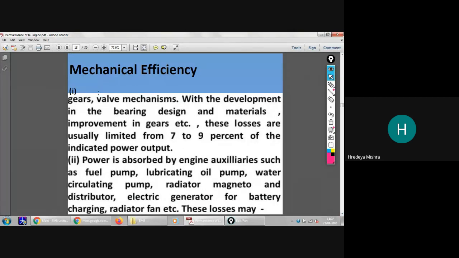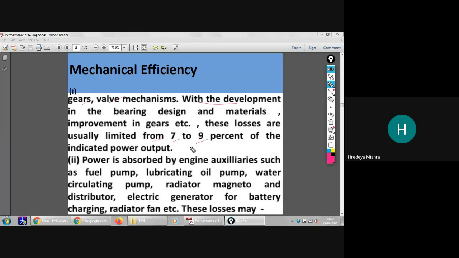First, gear valve mechanism. With the development in the bearing design and material improvement in the gear, etc., these losses are usually limited to 7 to 9%